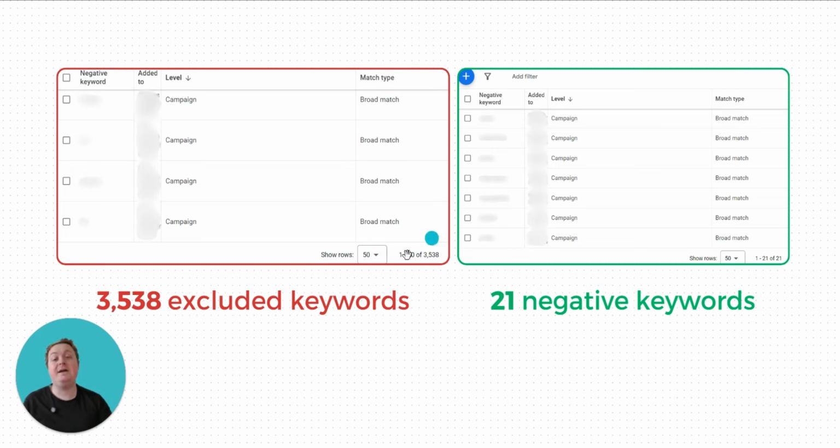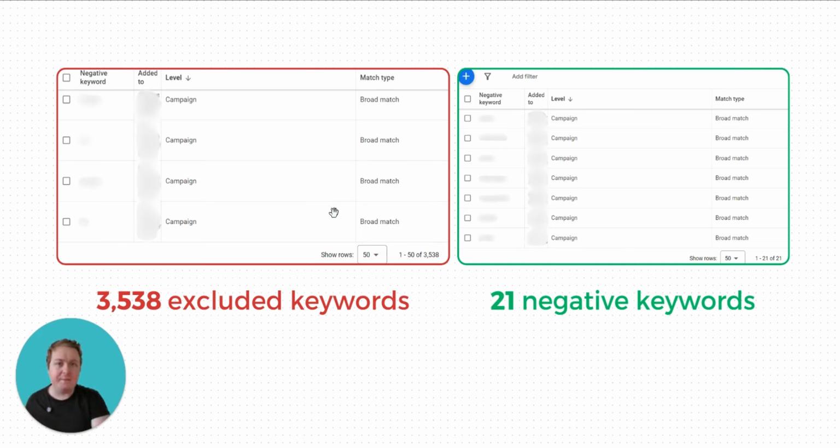Now, this is not the worst case that I've seen, because this is probably the worst case in terms of the amount of time that was dedicated to this one task of excluding, or adding negative keywords. But in terms of ad spend, it's kind of difficult to get this number, but I tried, and I think they only spent a few percent of their entire ad spend on these keywords that they had to exclude. So it's not like they wasted a whole lot of money,